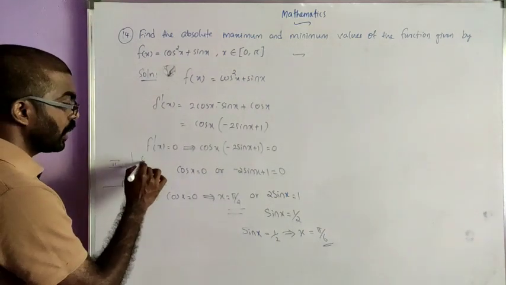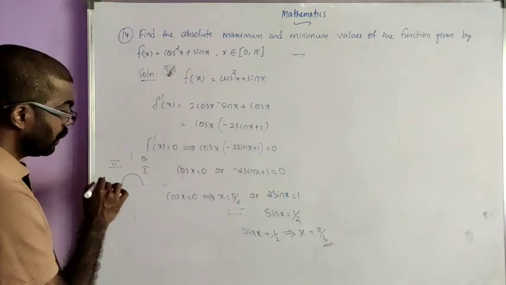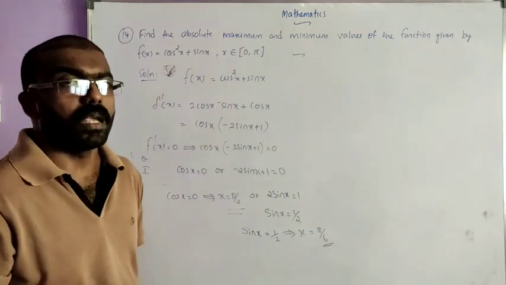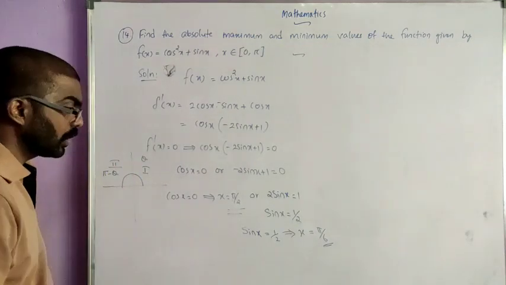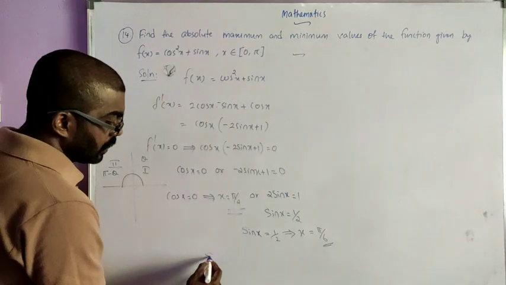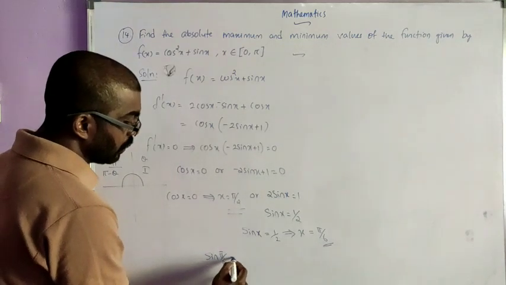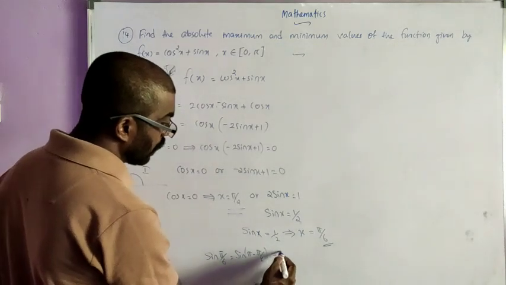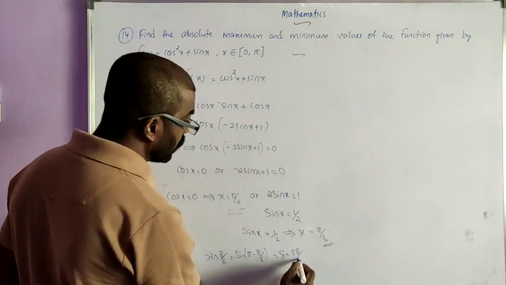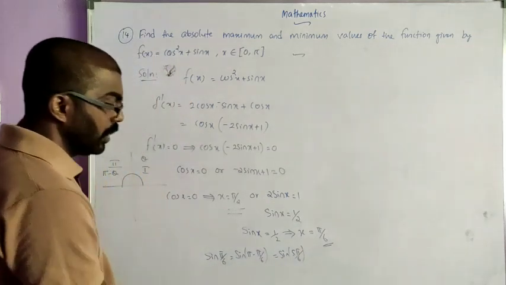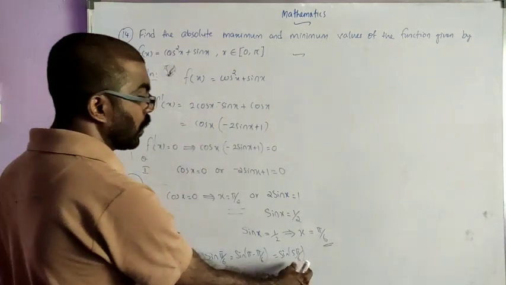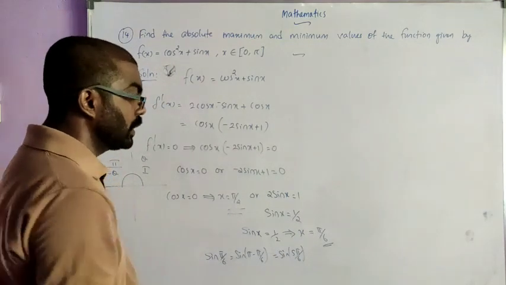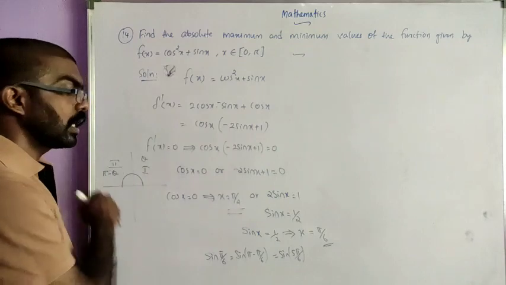So in the first quadrant the value is theta, here it is pi by 6, and in the second quadrant pi minus theta. Sin(pi minus theta) equals sin theta. So using the result, we can write sin pi by 6 is equal to sin(pi minus pi by 6), which is equal to sin 5 pi by 6. That means sin pi by 6 is equivalent to sin 5 pi by 6, and this value 5 pi by 6 lies in the second quadrant.